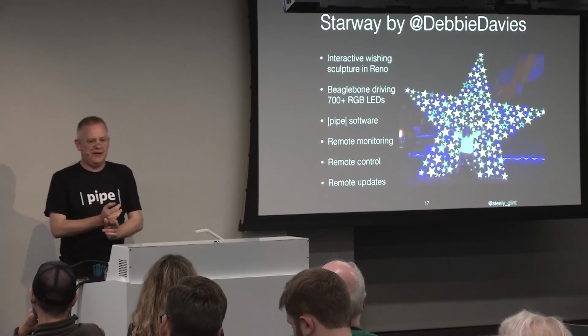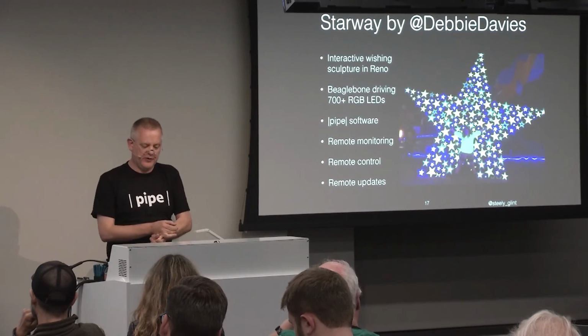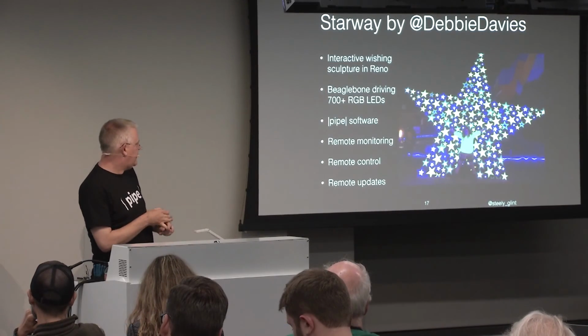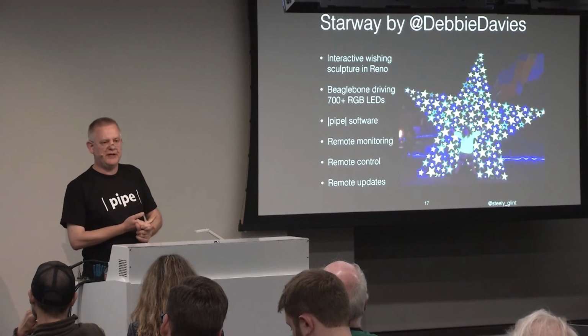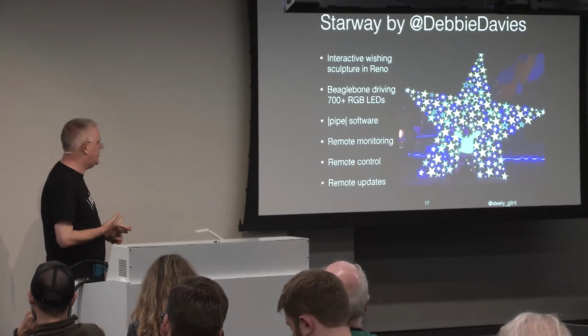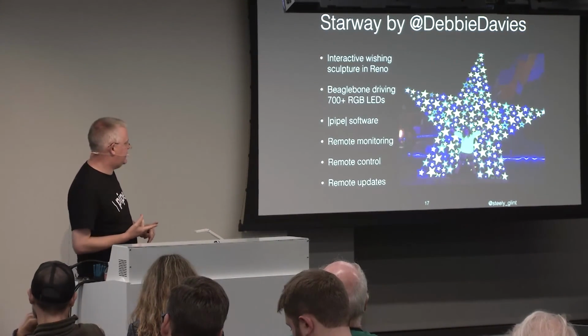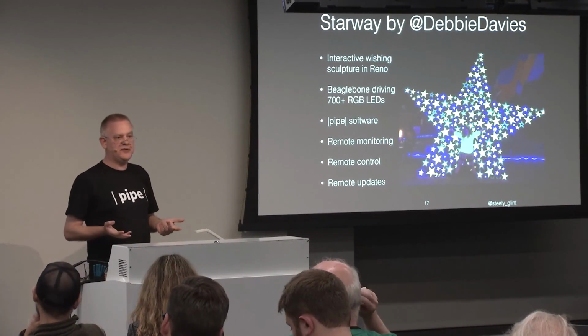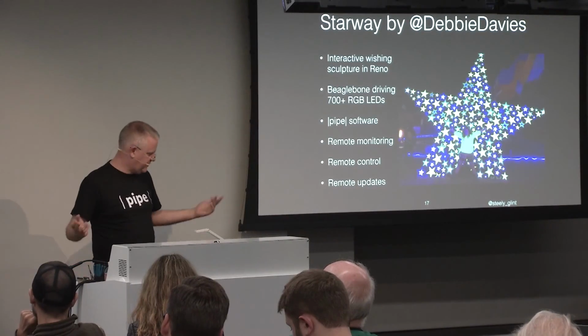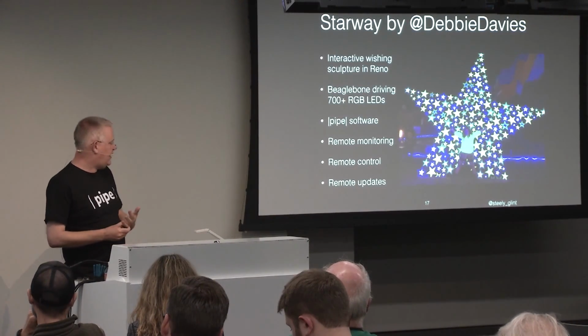But actually, practically, it was kind of interesting because it gets to do remote monitoring, right? I can monitor that thing from my home. I don't have to trek out to Reno to find out how it's getting on. And in fact, we had it in Burning Man as well. I can remotely control it, which hopefully we'll do in a minute. And I could do remote